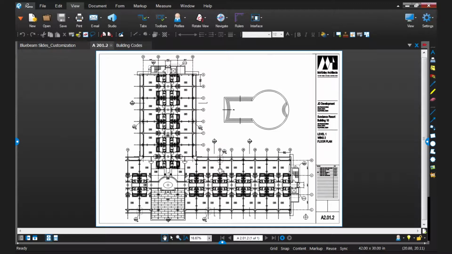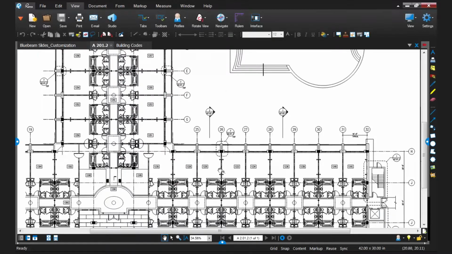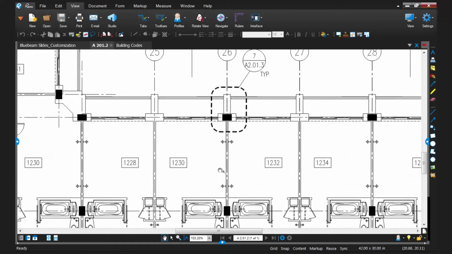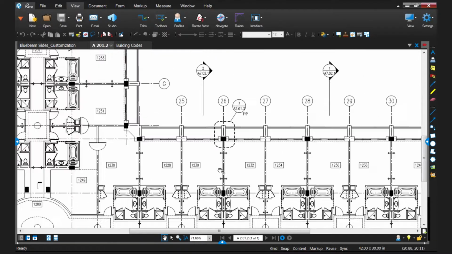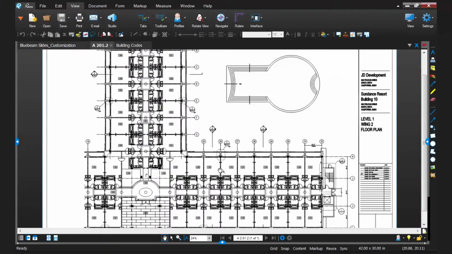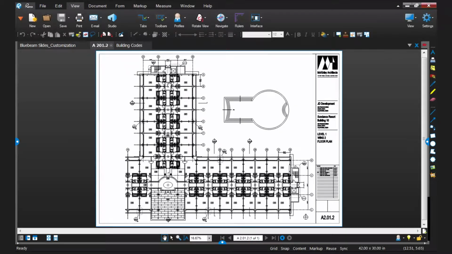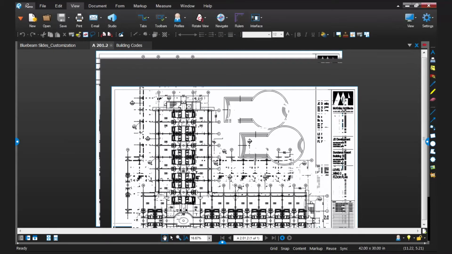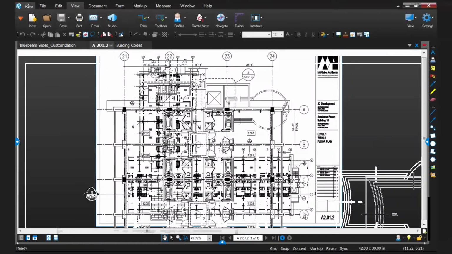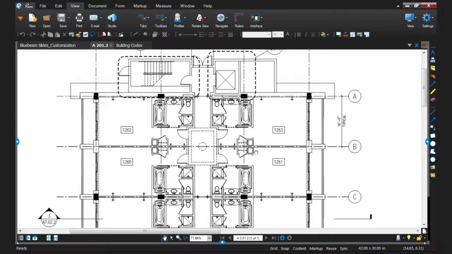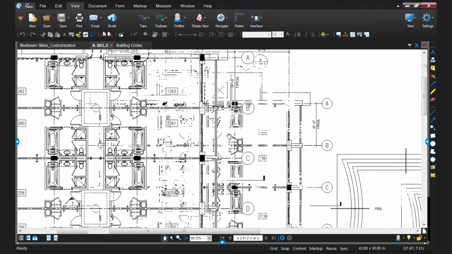So if you've got a mouse with a scroll wheel, when I turn my scroll wheel upward, it's going to very smoothly zoom in on that drawing. If I turn my scroll wheel down, it's going to zoom out. If I wanted to pan over to the upper left-hand corner, I just basically move my mouse and then press down on the scroll wheel, and I can easily pan in to this corner. So you can see it's very smooth and easy to be able to move about in even very, very large